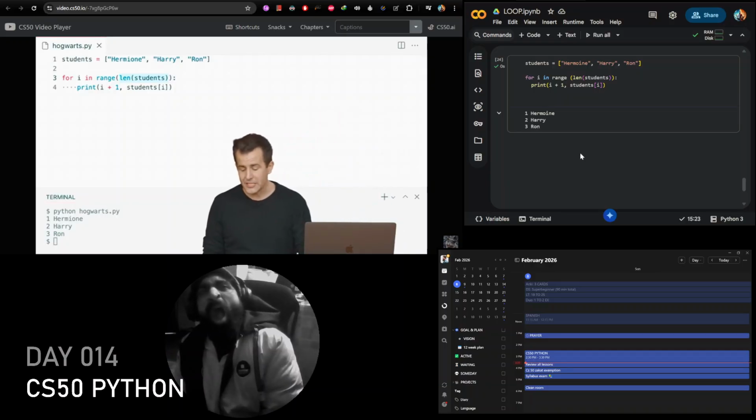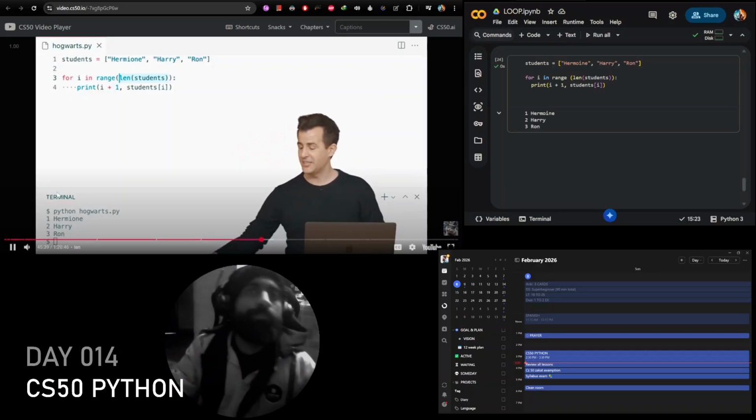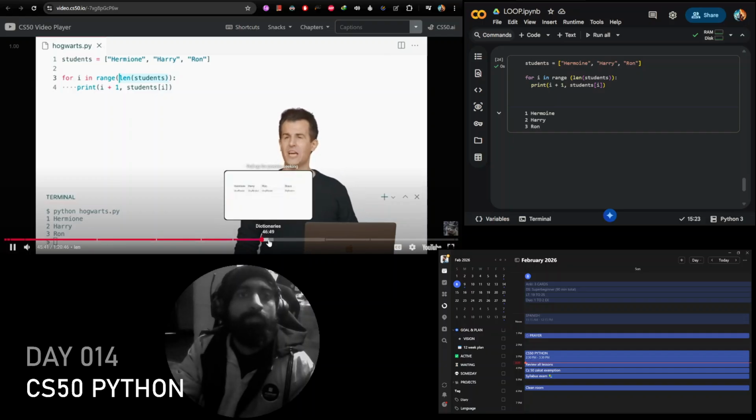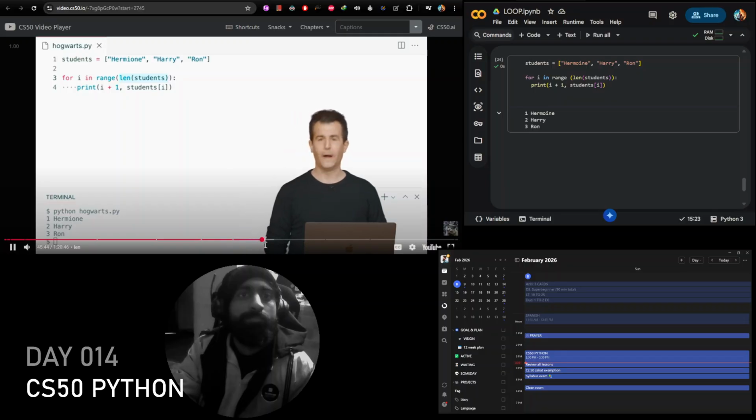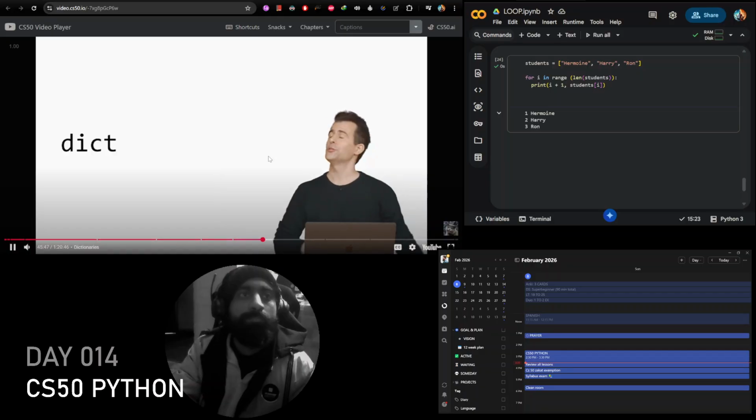All right, if I may, let me transition now in Hogwarts still to introduce one final type of data before we combine everything with a few final programs. It turns out in Python, there's